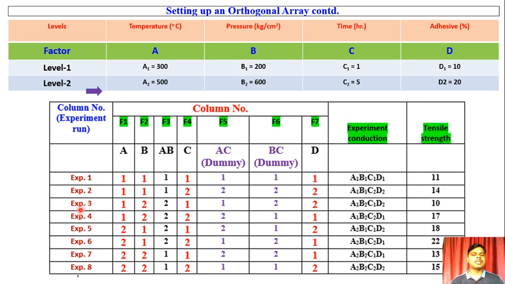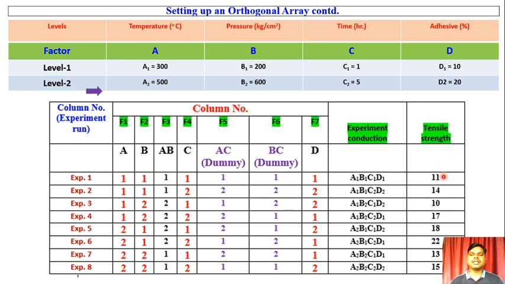Okay. Similarly experiment number 3 A1, B2, C1, D2. So we set the parameters as per this rule and we have found the response as 10. So we can check here the responses of individual combinations. Okay, all combinations are presented here. So in this case, the AC and BC are dummy, and if there is an interaction between AB, we can use it in the formulation. Okay, and our formulation will require the larger the better value. So we'll be choosing that parameter to compute the tensile strength.